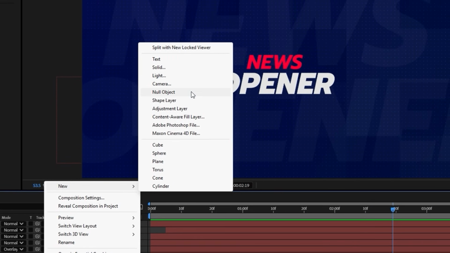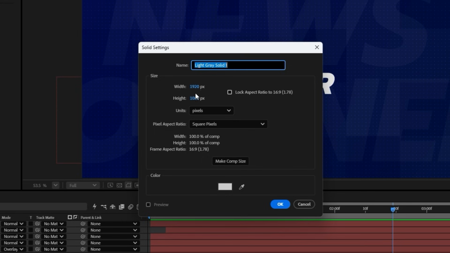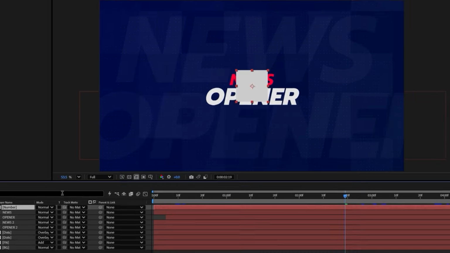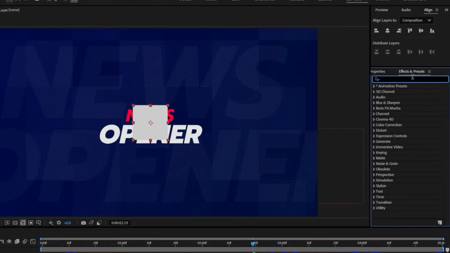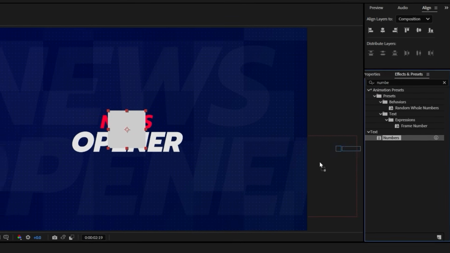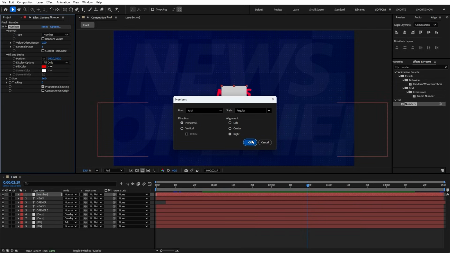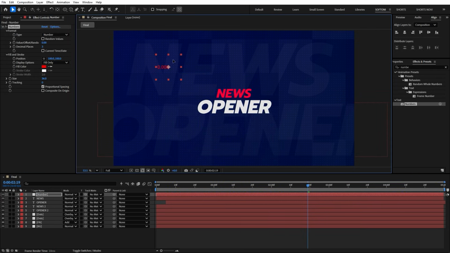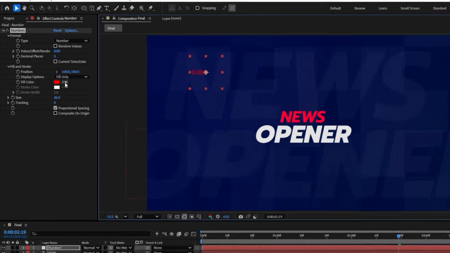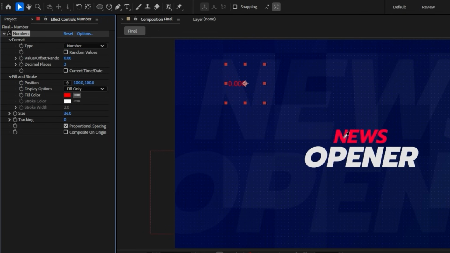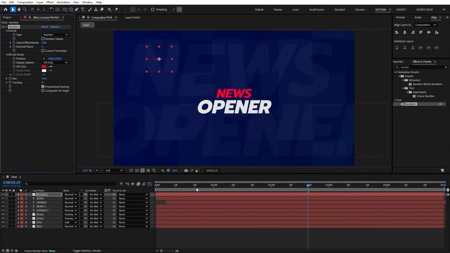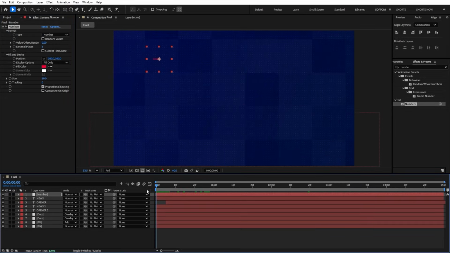I'm gonna right click to create solid layer, and you can do smaller one. I'm gonna do, for example, 200 by 200, and this is gonna be number. Head over to effects and presets again, and I'm gonna type number and drag and drop onto our new layer. Hit OK, and as you can see guys, we have created number in just a few simple steps. And basically you can play around here with the color, you can use eyedropper to match it with our news text. Make it smaller, for example 90 or so,